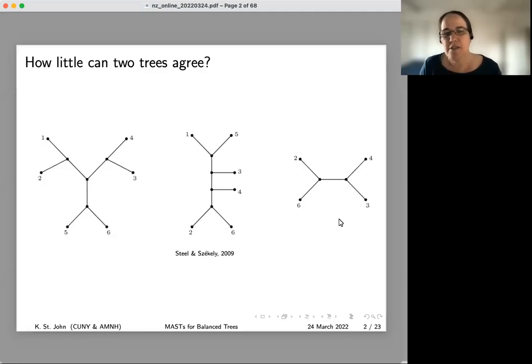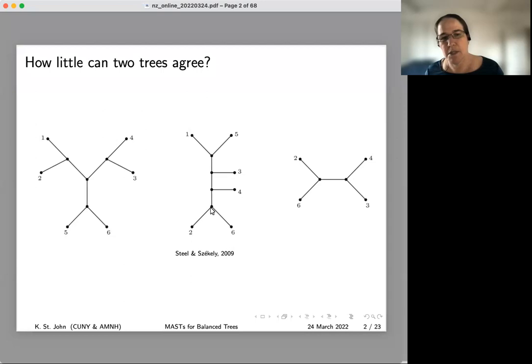How little can two trees agree? So this is a picture from Mike and Laszlo's paper of two unrooted phylogenetic trees. And the one on the left is one of Charles's favorite trees. If you ask how much they have in common, you can see that if I choose 2 and 6,